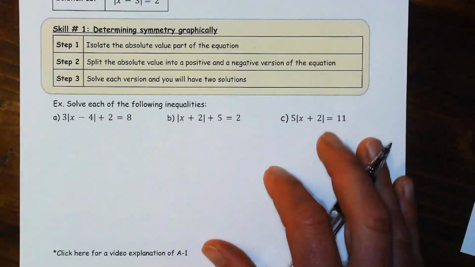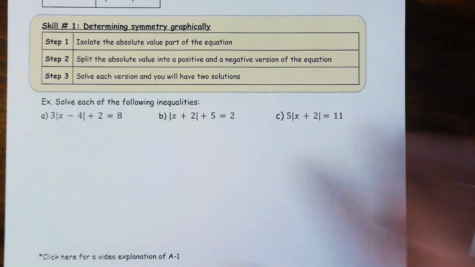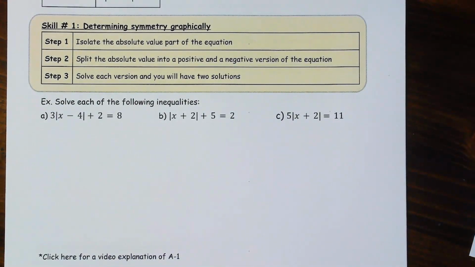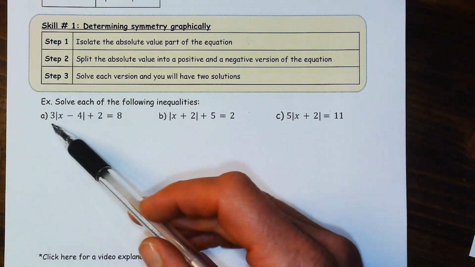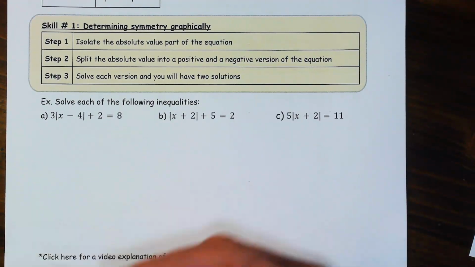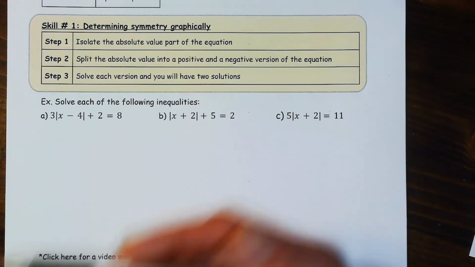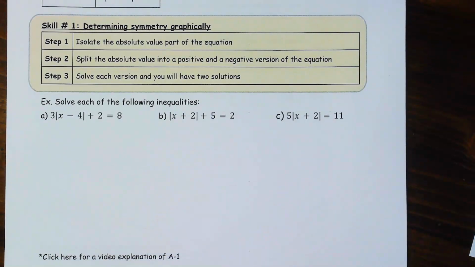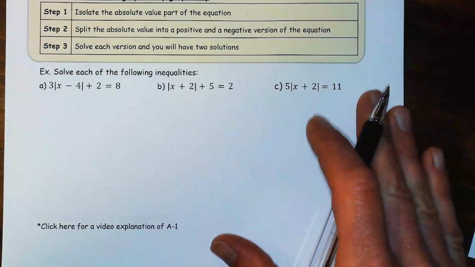Okay, so jumping right in, step by step, a three-step process with absolute values. If you notice, see how my absolute value bars are not isolated on this problem? The first thing we need to do is isolate the absolute value and then check to see if there is a solution or if there's no solution. So we have to be careful of that. Then you're going to split the absolute value into a positive and negative version of the equation,